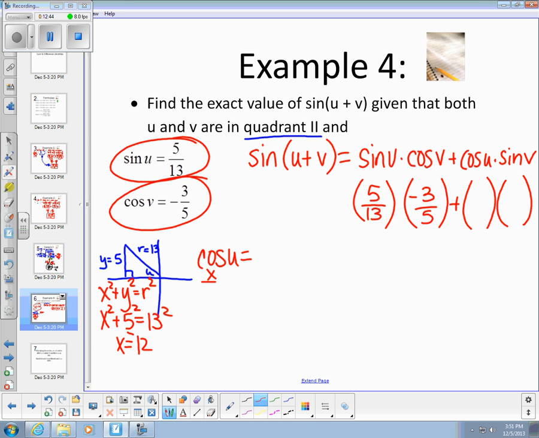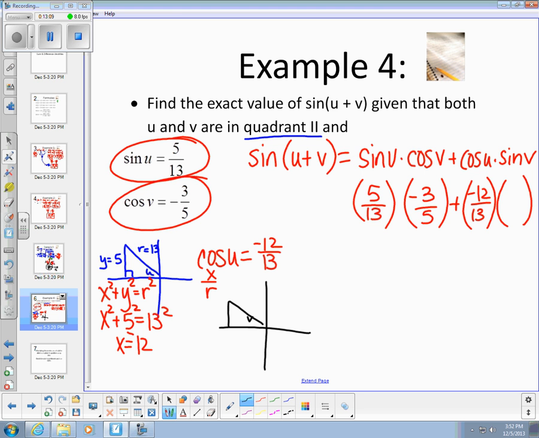So the cosine of u now I can do with my triangle. Cosine is x over r. My x was -12 and my r is 13. And now I can substitute that into my formula, -12/13. That only takes care of half of my problem though, because now I need the sine of angle v. So I'm going to have to draw a new triangle,